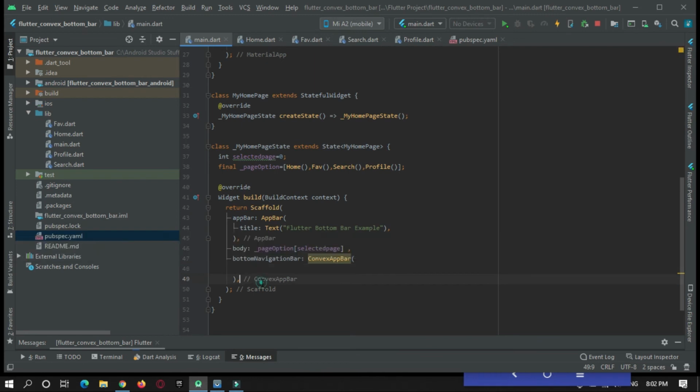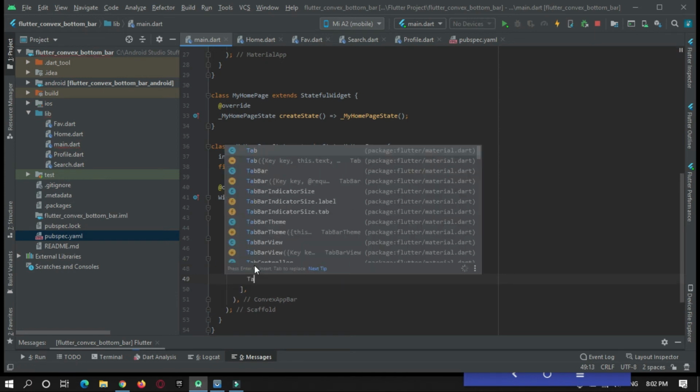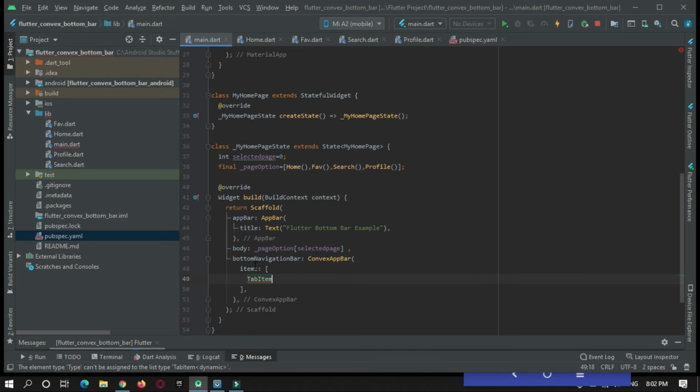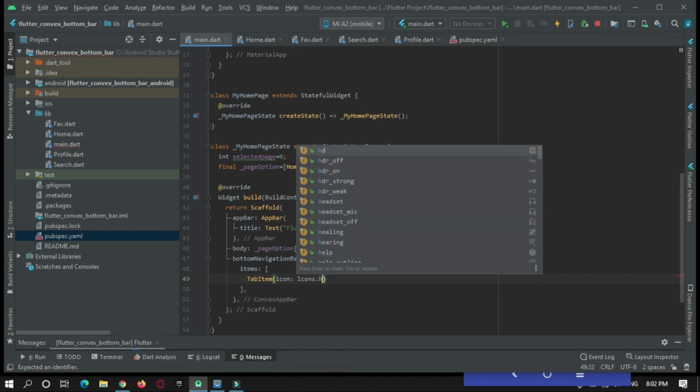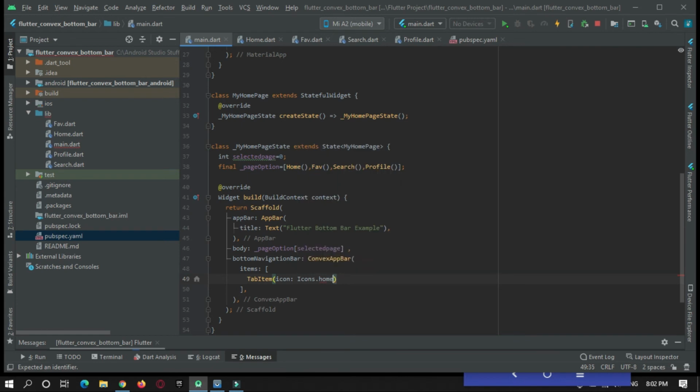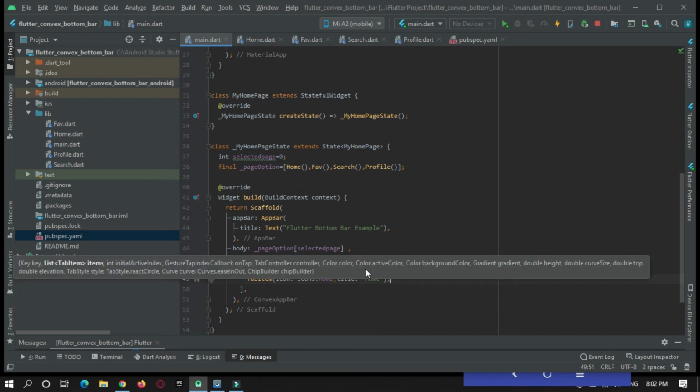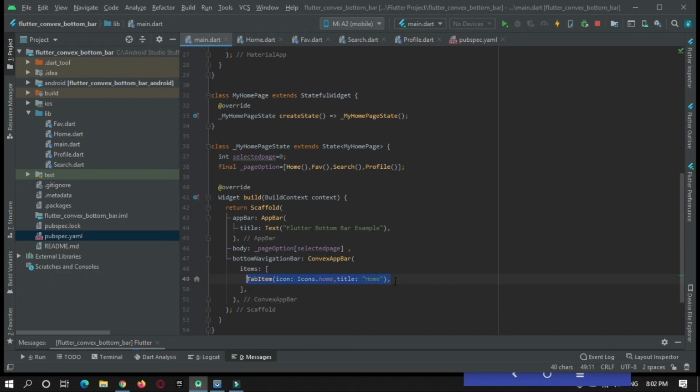Here we need four items, tab item, icon, icon dot home icon. Then we will add a title to this, home. Like this you need to create four tabs with icons.